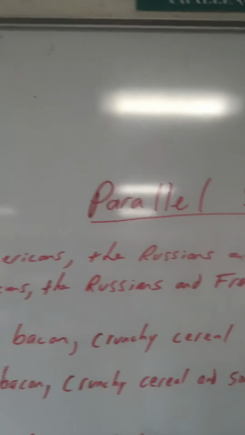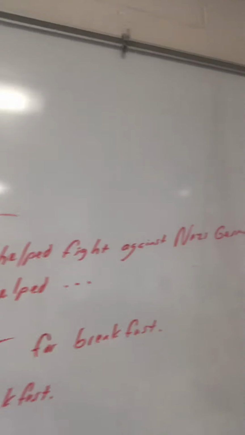Basically, what you need to do is figure out if something is parallel or not parallel. So, here's some fine examples. Okay, so, parallel. All right, check this out. Here's the first sentence, and this is parallel. It says, the Americans, the Russians, and the French helped fight against Nazi Germany. Okay, you see how that flows so nice. You have the Americans, that's me. You have the Russians, they're very bad, but they're okay, I guess. And the French, okay? The Americans, the Russians, and the French. So that flows nicely. It's basically about rhythm in your writing.